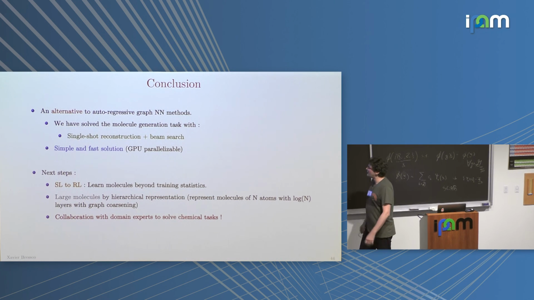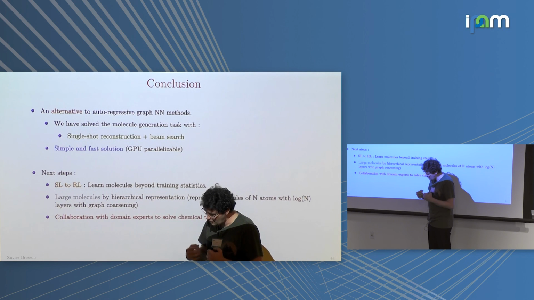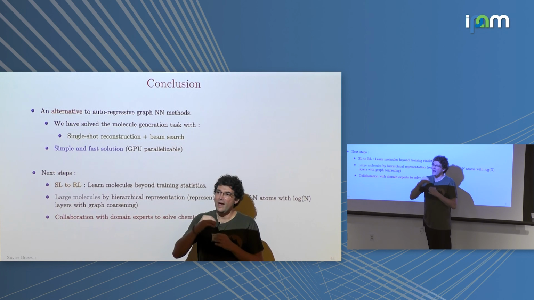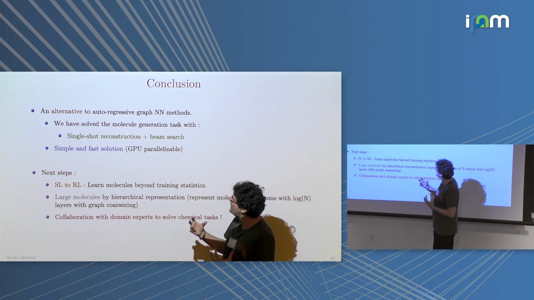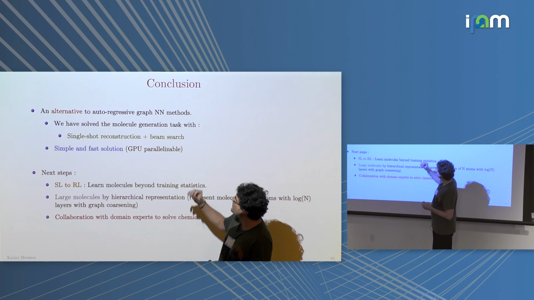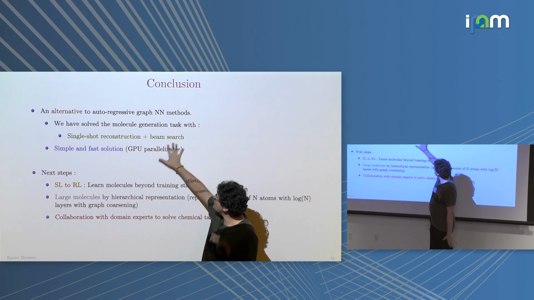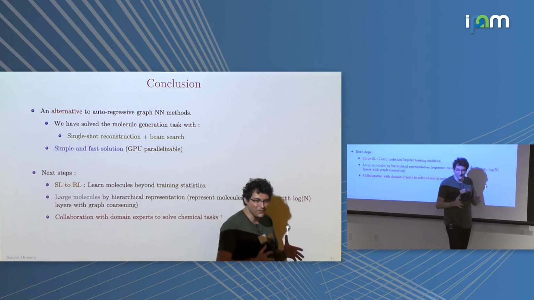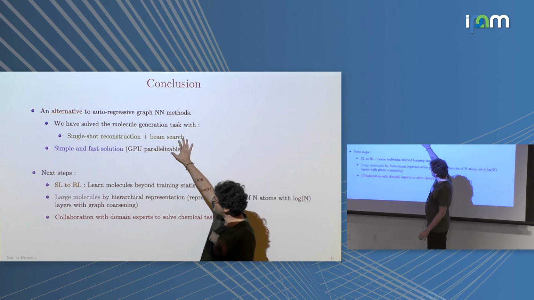And the conclusion of this is, if you look at the papers today that try to do molecule generation, most of the papers do it in an autoregressive way. They just do atom by atom, bond by bond. So what we want to advocate here is a new direction in some sense. It's not new because people already did that, but it's something that we should pursue more. If we try to solve the problem in a single shot, and also we use beam search, these two can be highly parallelized. So you can generate a lot of molecules, and you can be much faster than autoregressive.